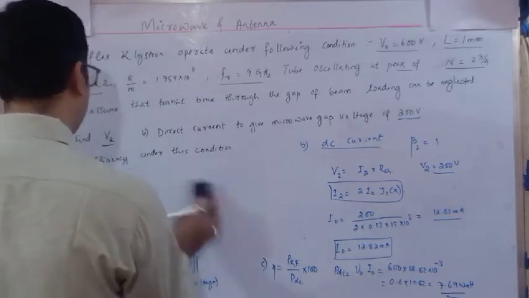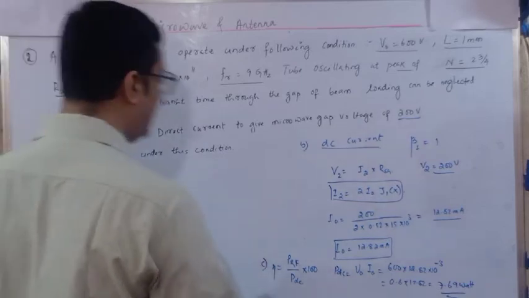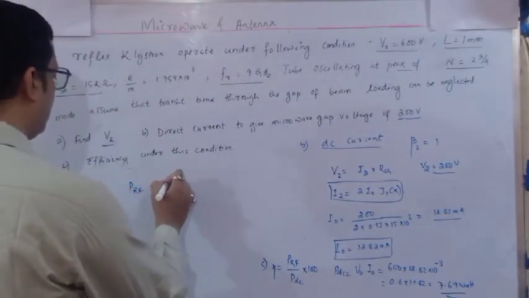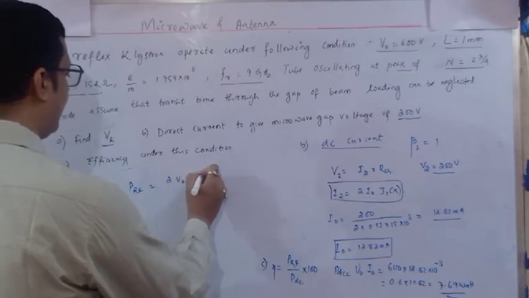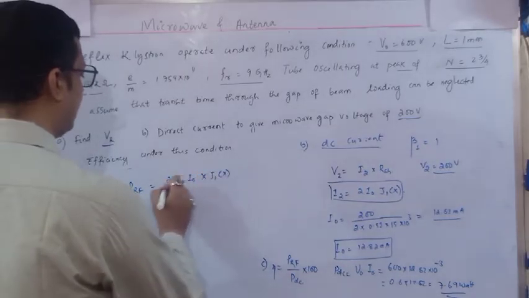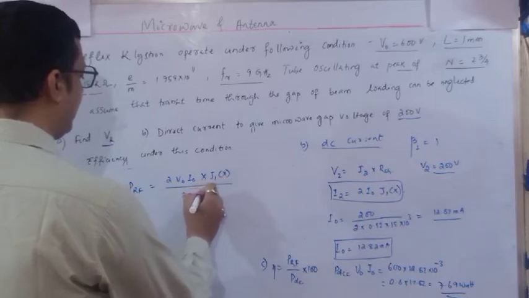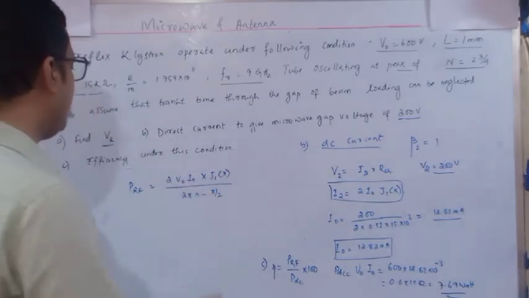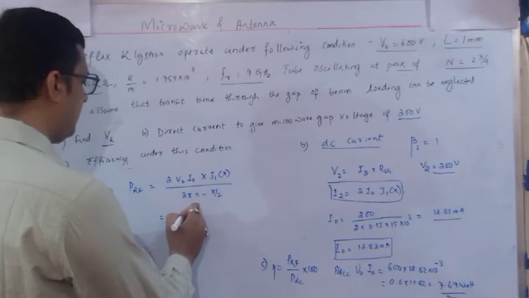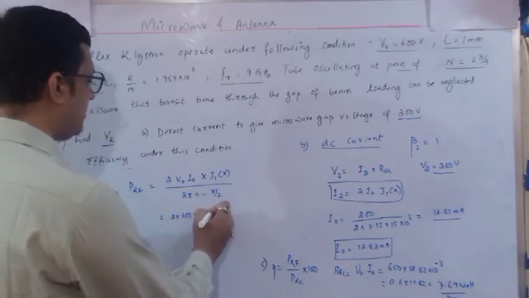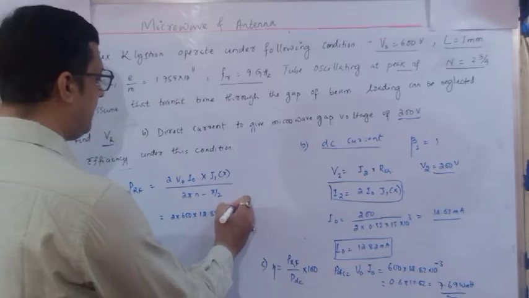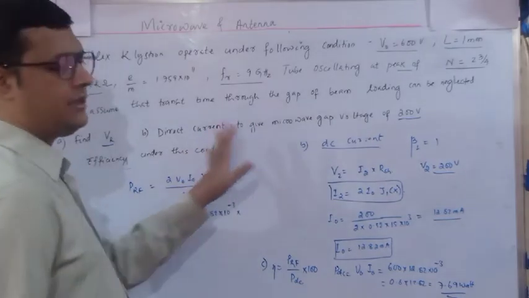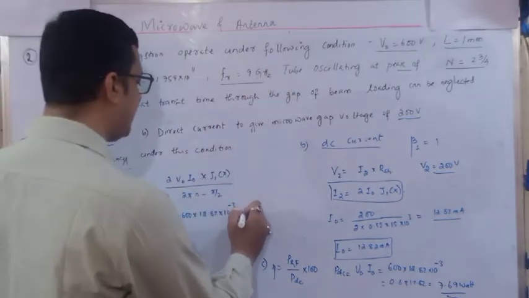Now PRF is the same relation we have used in the previous question, that is PRF equals twice V naught I naught x J1 of x divided by 2 pi n minus pi by 2. Then substitute all those values. So here twice into 600, I naught is 12.82 milliampere, 10 to the power minus 3. X and J1 of x, whatever value we have chosen, given in the first one, the same thing I will take. It is 2.058